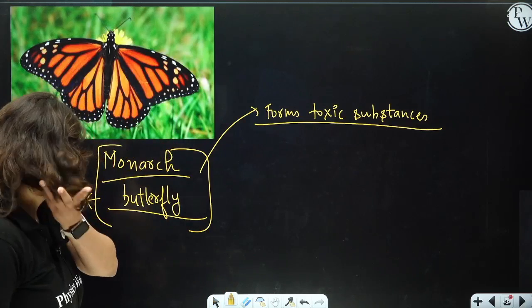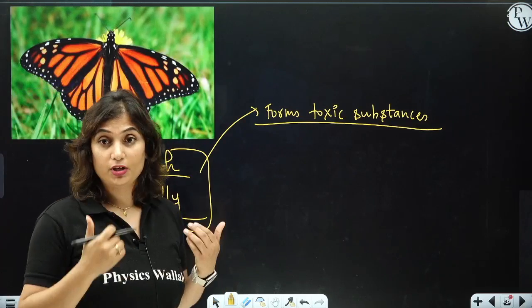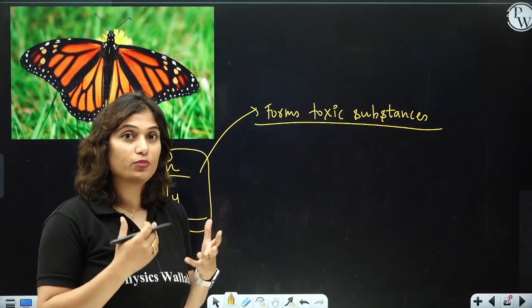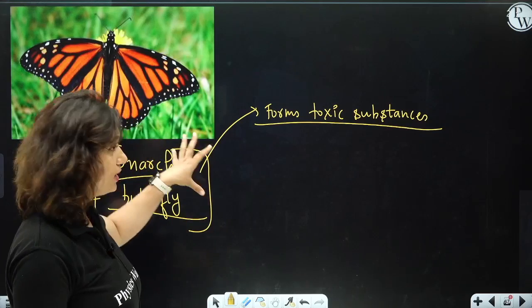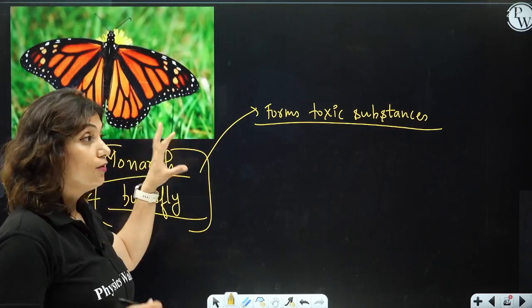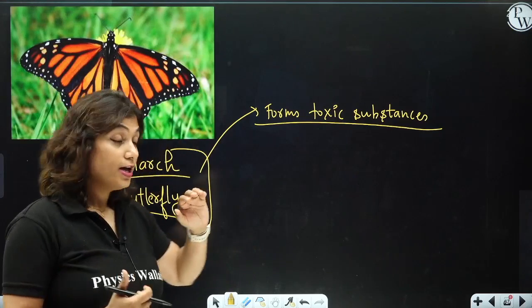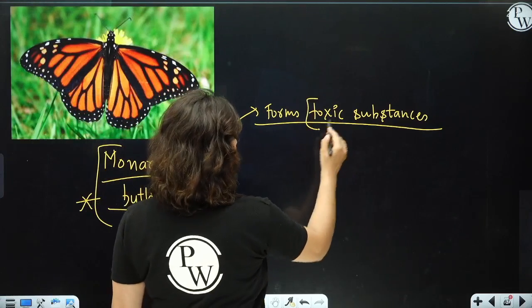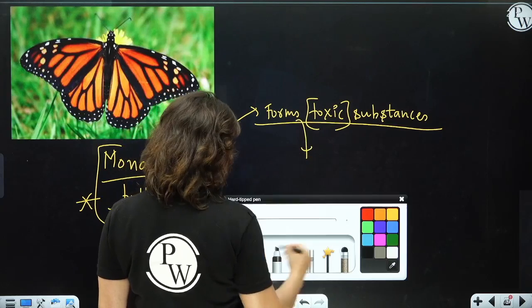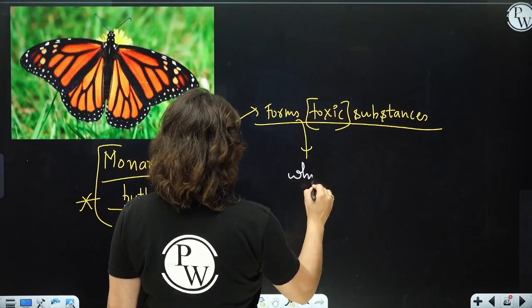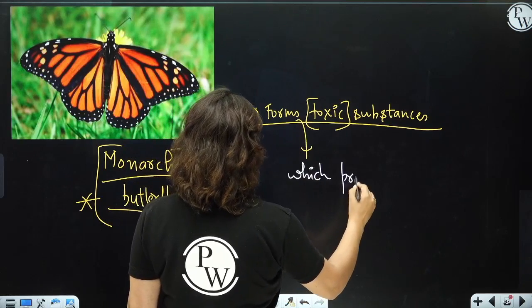The monarch butterfly does not form the toxic substances, but it gets it from what it feeds on. It feeds on another plant from which it gets the chemical, and that chemical is toxic. So it forms the toxic substances which protect the monarch butterfly